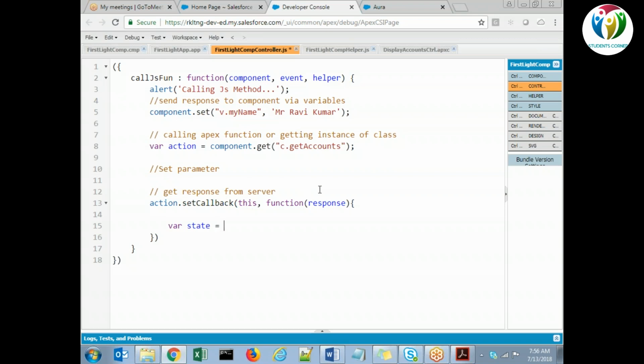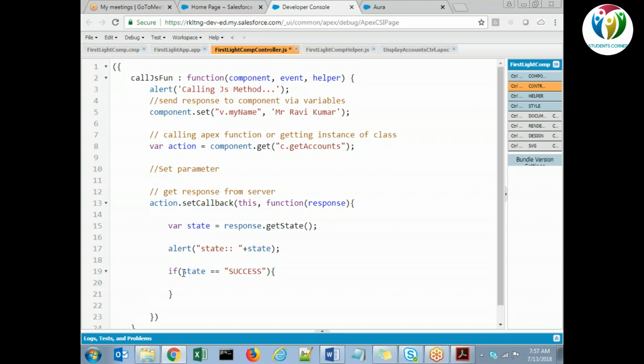Okay, so here what it means, keeping it in queue. What it means and why we use $A.enqueueAction. It might be, let's say, you got the response here, and you want to call any apex class method or any helper method, or you want to fire any event, or you want to do any other activity. So it will be keeping it in queue. It won't let the cycle break, because it will be live until we complete all the transactions within this block.